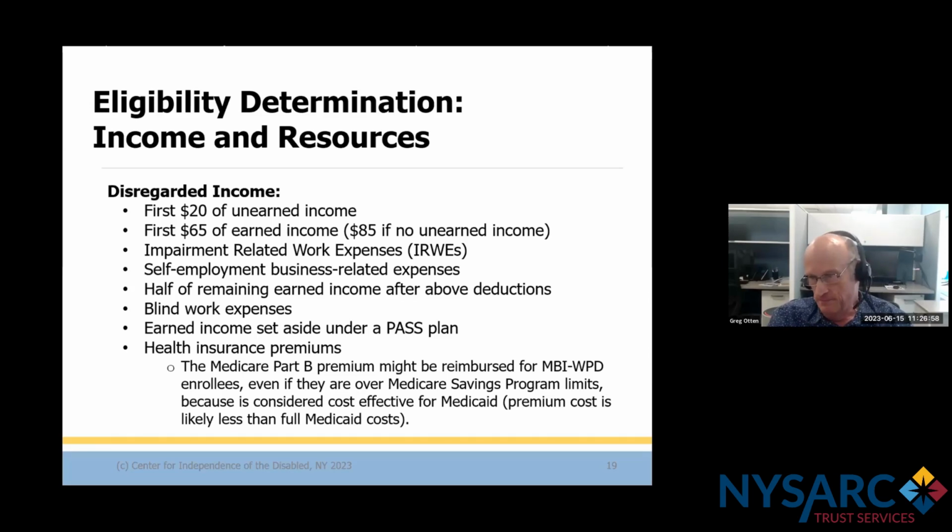savings programs, which have a higher income than regular Medicaid and have no resource limit. But if somebody is in the Medicaid buy-in for working people with disabilities, I've seen them have the Part B premium reimbursed. And basically Medicaid for any kind of insurance will do a cost effectiveness determination. And if they think it's cost effective, in other words, if they're going to pay less for that premium than they would pay if they had to pay all of a person's medical expenses, then it may be reimbursed.